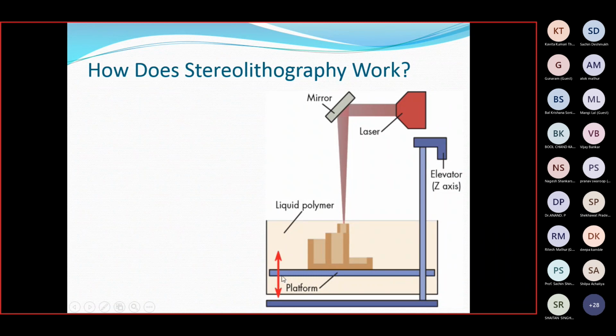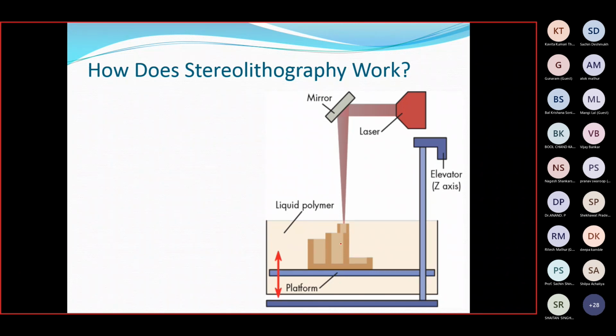So this platform itself has the x-axis and y-axis, and this elevator has the z-axis, because all three axes should be there for printing 3D objects. We use this elevator basically for the height of the model.